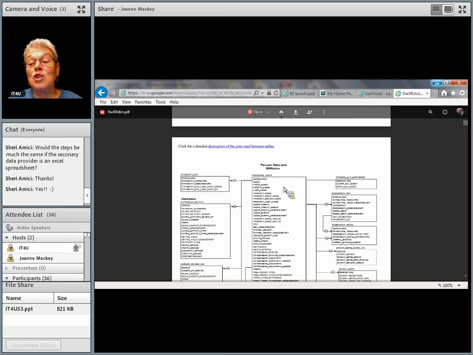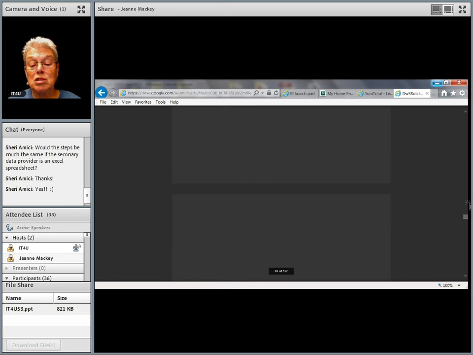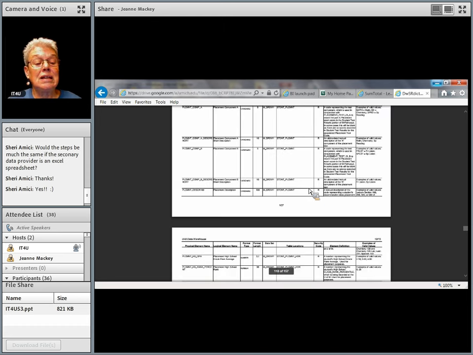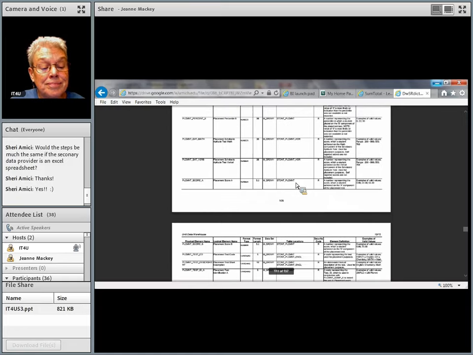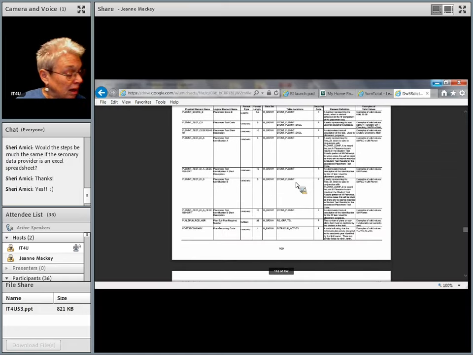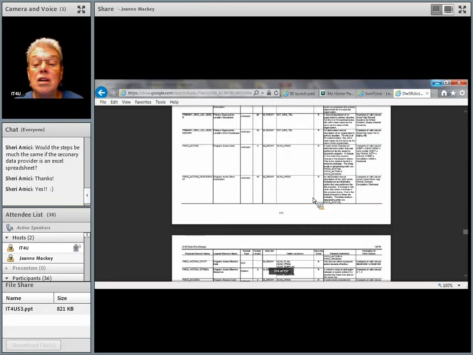So it's a good idea to know your data. I'm going to go all the way down to the bottom here. If I'm looking at program action, I saw a value that didn't make sense to me, like WAPP, application withdrawn.